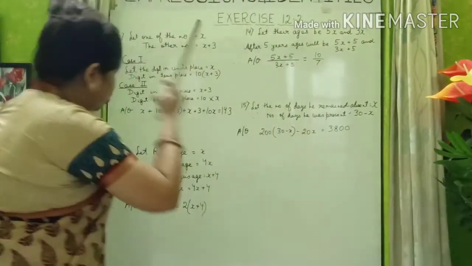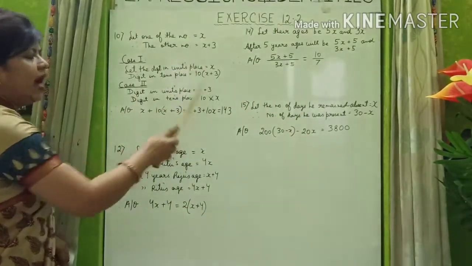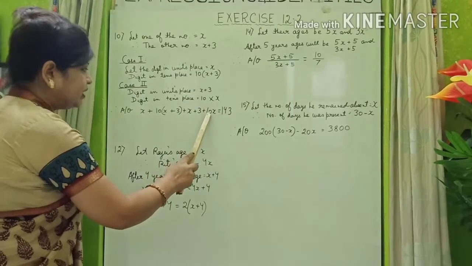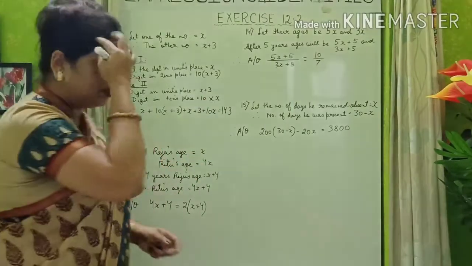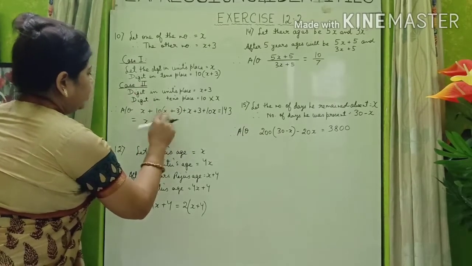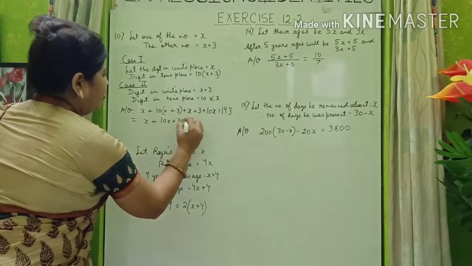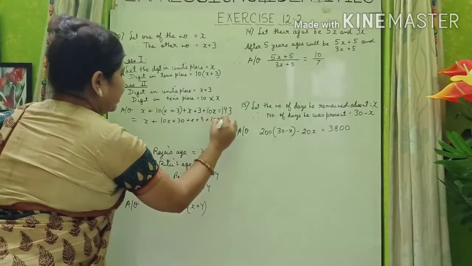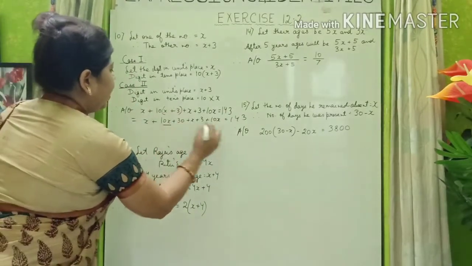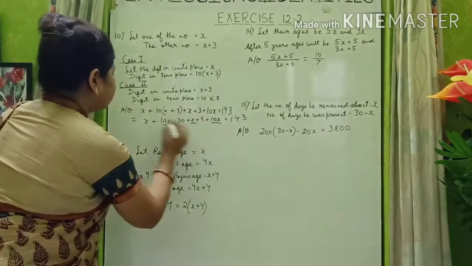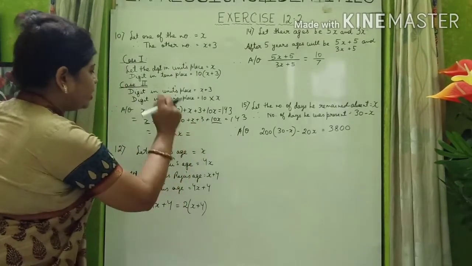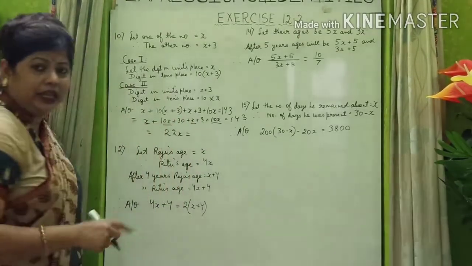Now you see. According to the question, we have to add these two. So x plus 10 into x plus 3 plus x plus 3 plus 10x equals 143. So let us solve. This equals x plus, with 10 you multiply, 10x, 10 into 3 plus 30, plus x plus 3 plus 10x equals 143. Now all x together. So 10x plus 10x, 20x, plus x plus x, so 22x equals, what is the number you see? 30 plus 3. So 33.